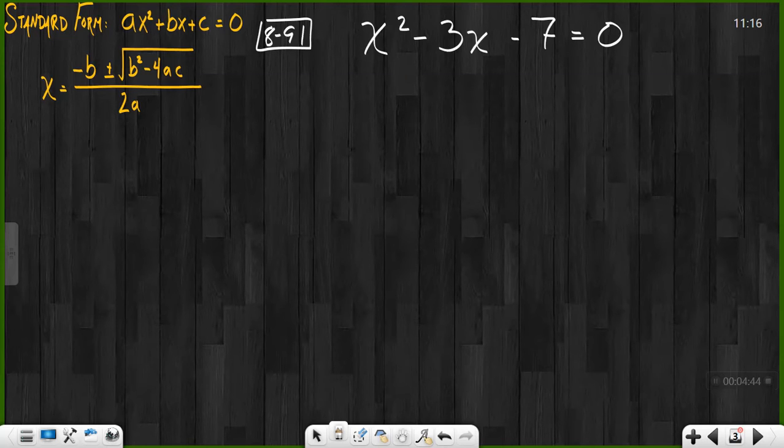All right, so here we go. Back to the one that we were just looking at. We saw this one is possible to find a value of x. We just couldn't do it via factoring. So what I'm going to do is I'm going to start by writing a equals, b equals, c equals,